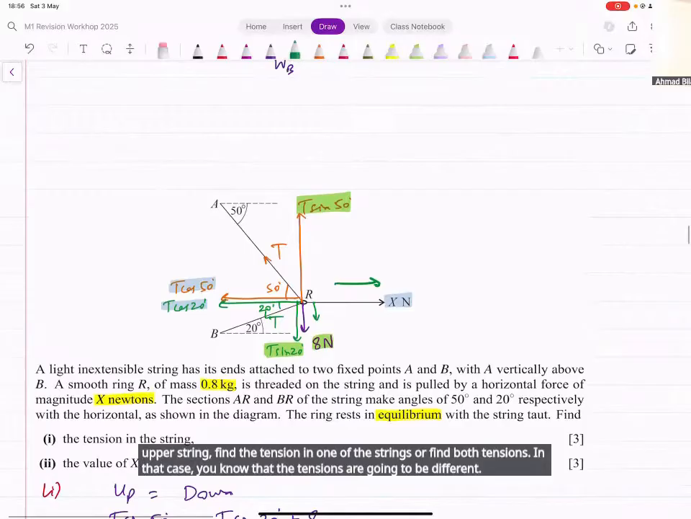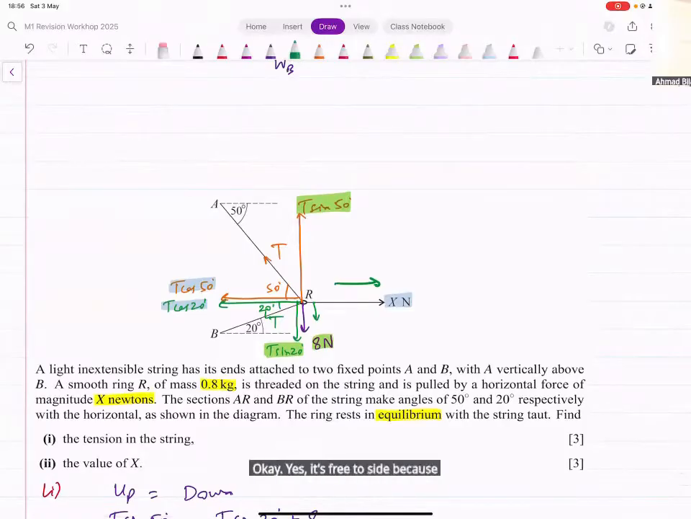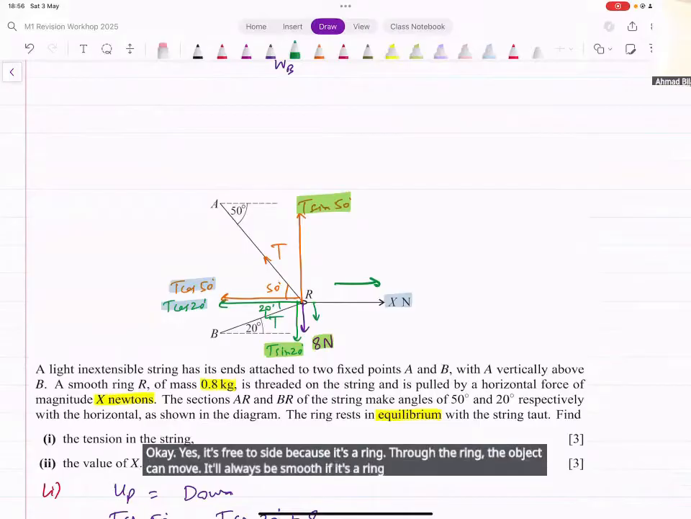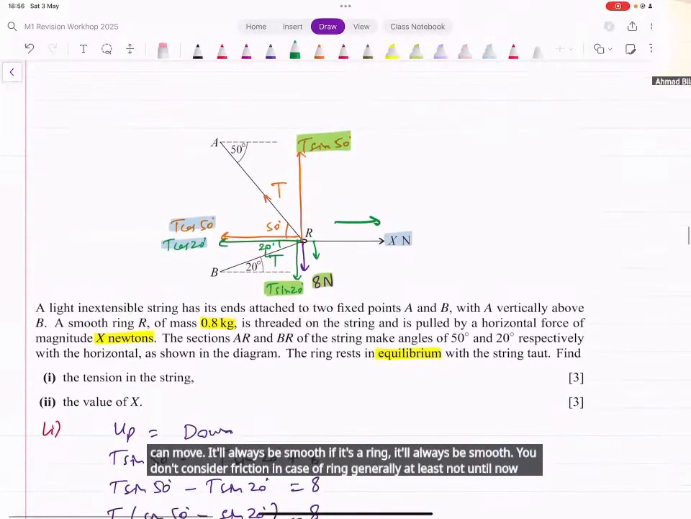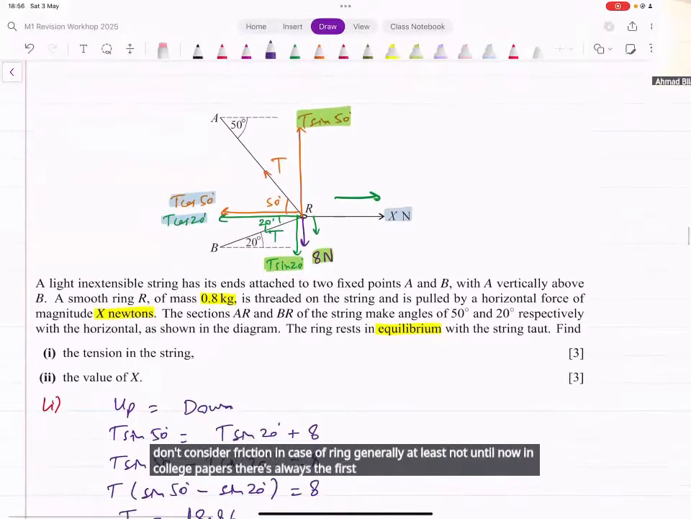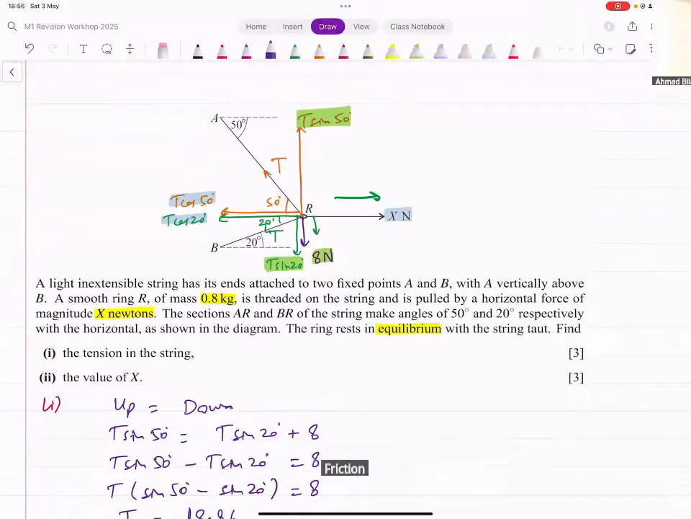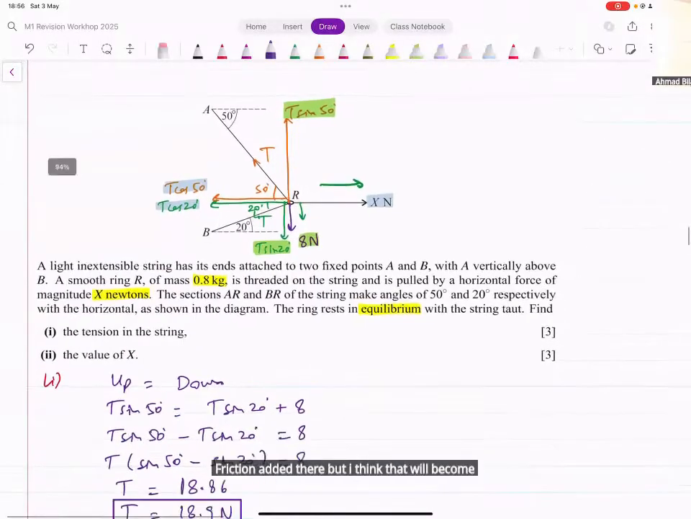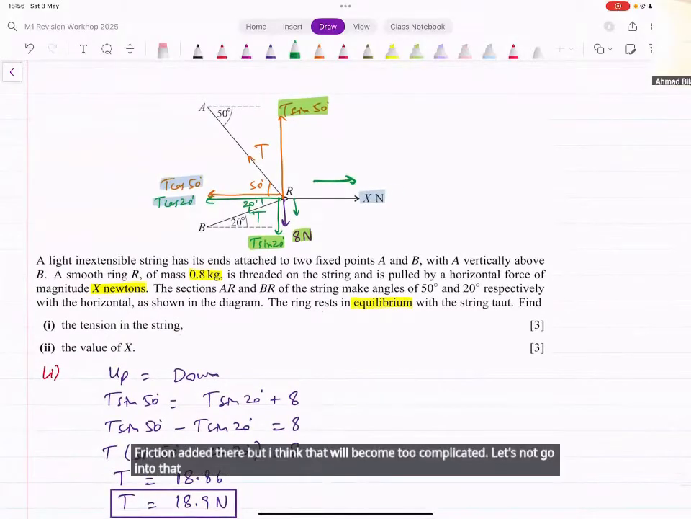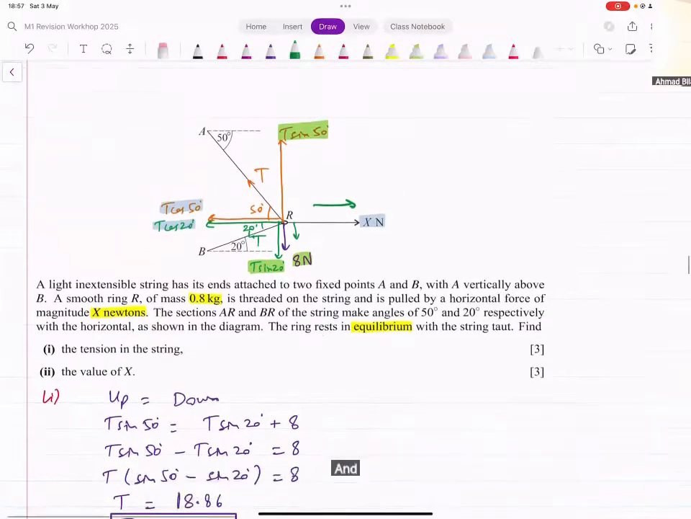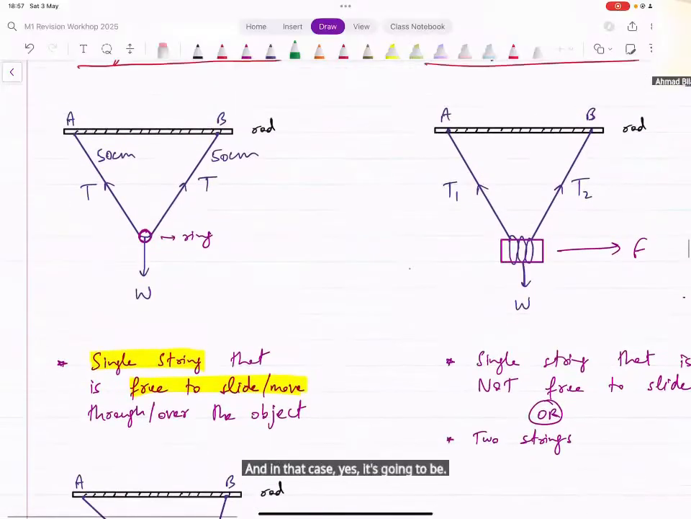Okay. Yes, it's free to slide because it's a ring. Through the ring, the object can move. It'll always be smooth if it's a ring. You don't consider friction in case of a ring generally, at least not until now in past papers. There's always a first time. But in that case as well, the tensions are going to be equal. There's just going to be some friction added there. But I think that will become too complicated. Let's not get into that. You'll always have a smooth ring. And in that case, yes, it's going to be equal. But the main reason for that is,